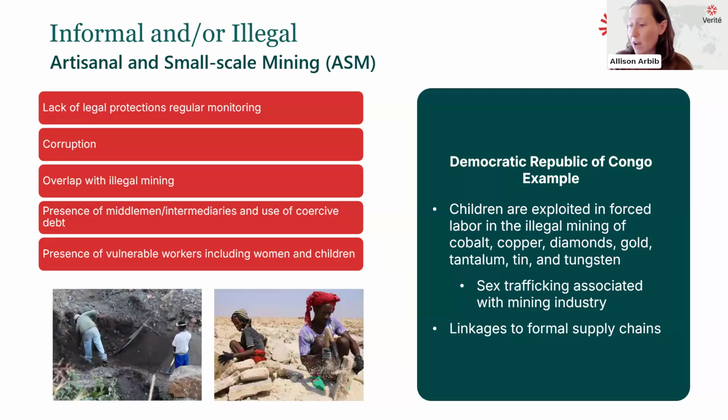There's also sex trafficking associated with it, where you have huge populations coming into one area without necessarily any infrastructure, often outside of government oversight. So sex trafficking and other forms of exploitation have been associated, which is different than exploitation in the mines. But when you have a massive influx of people into an area, we can see challenges like this. And just because it's happening in informal sites, gemstones and metals are easy to smuggle. So when there aren't strong controls, they can often be untraced and enter formal supply chains.